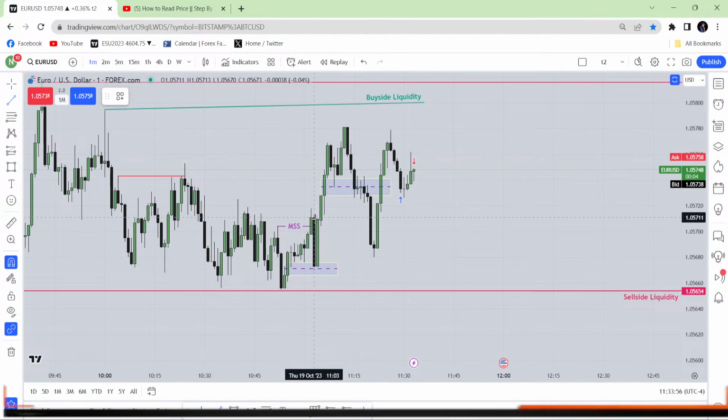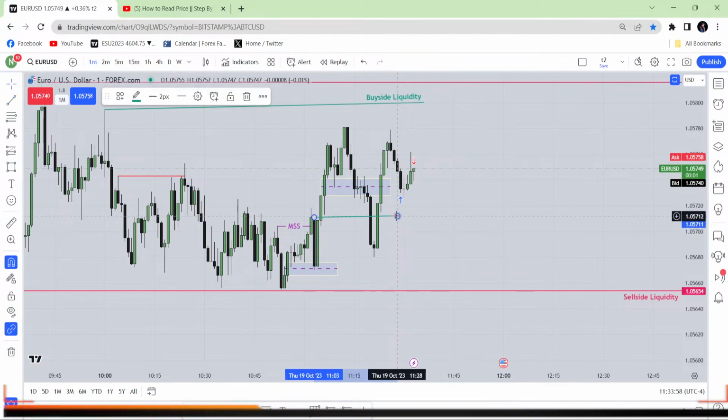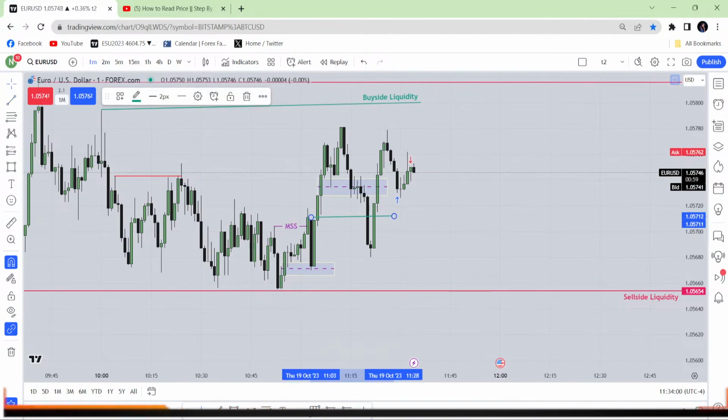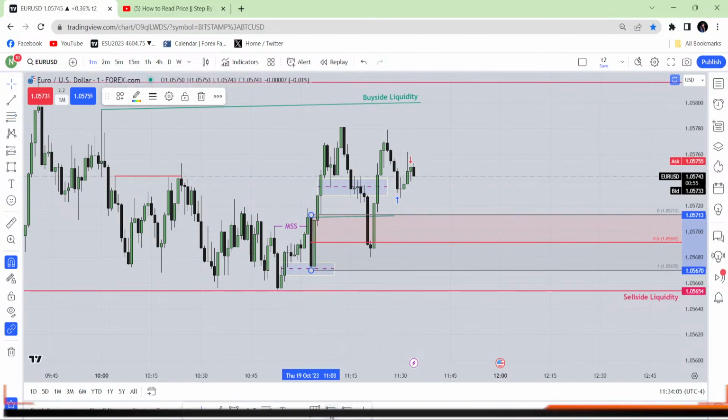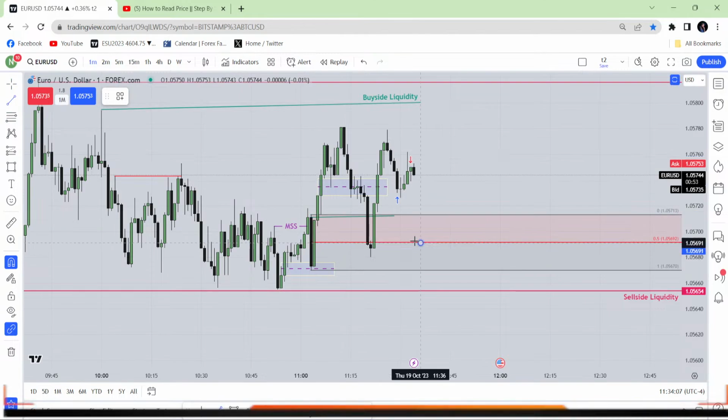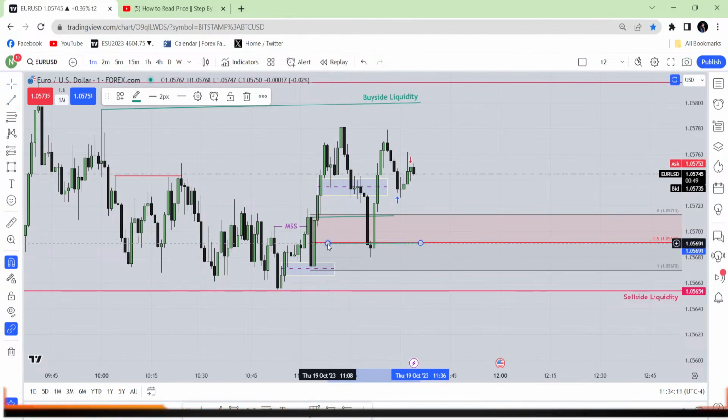You will mark the water block opening. So this is the water block level. The market can go below the water block, but it has broken the water block. What will you do? You will mark the consequent encroachment of this water block. I mean mean threshold. Okay, this is the mean threshold of the water block. So you will mark the mean threshold, and then when you saw the market went from there, you already know the market